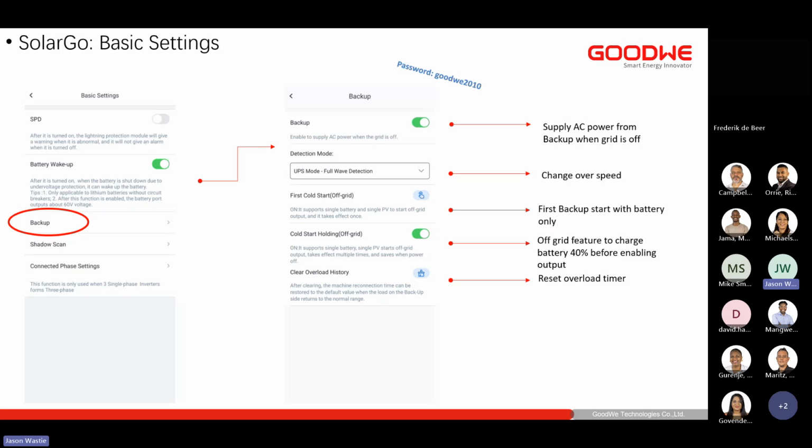We're right down to the bottom, the clear overload history. With regards to clear overload history, it's not that important at the moment with the ESG2 and ES Unique, as they do not overload that easily because of the capacities that they have. But what it does is the inverter will exponentially increase the time that it will take to restart itself every time that it does have an overload